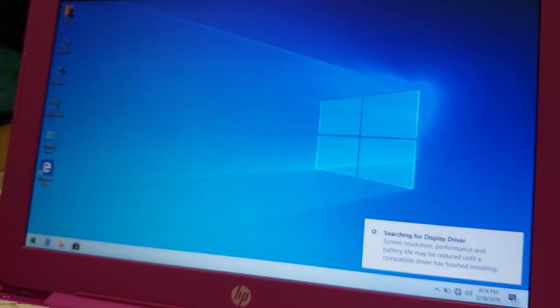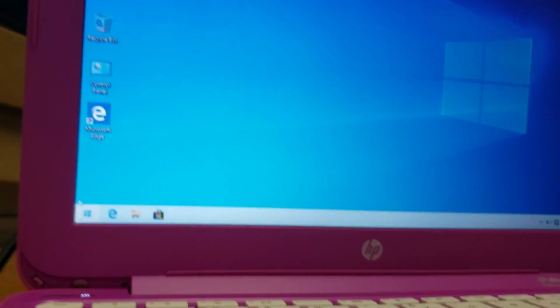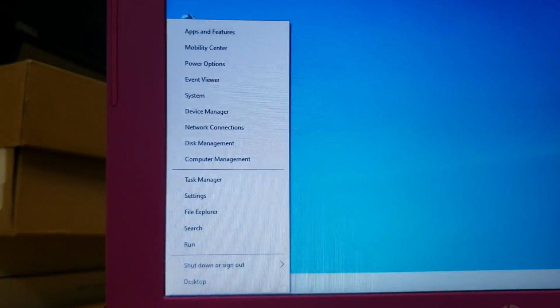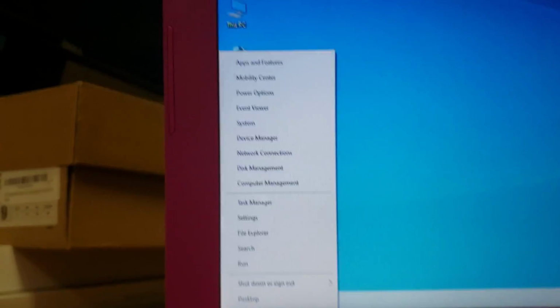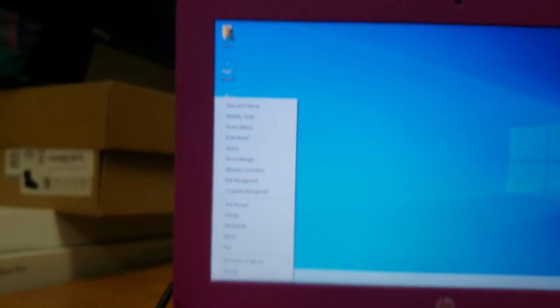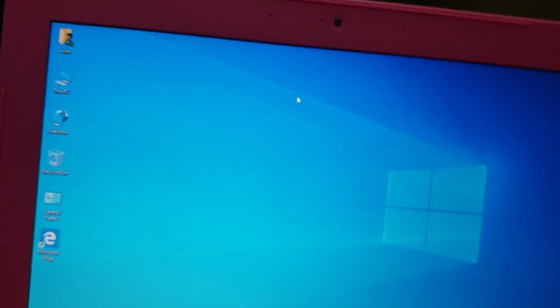Right click the start button. Alright, is it S? Let's find out! In S mode, there will be no PowerShell. There's no PowerShell. Oh my gosh, it worked. Hallelujah. And if I go to system,